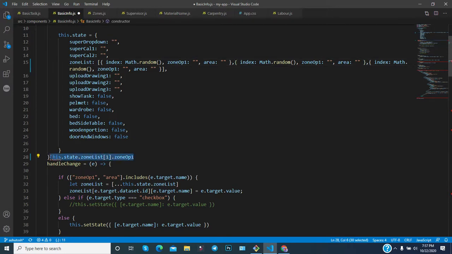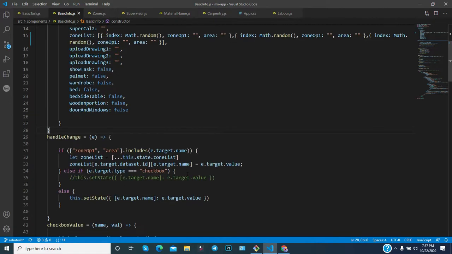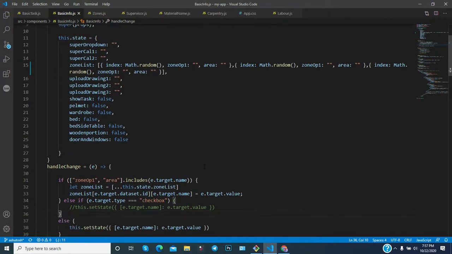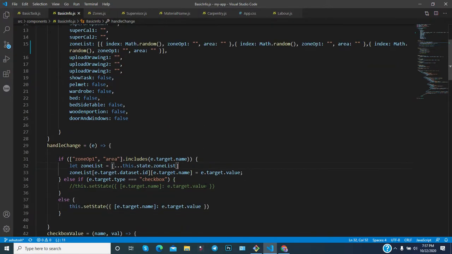Okay, so I am just removing this thing. This was for the example. Many beginners don't know this, so that's why I have discussed it, so that everything is clearer. In this way you are collecting the index: you have selected zoneList, and then the index is here. You are getting the index information, that is, where you want to make the changes.